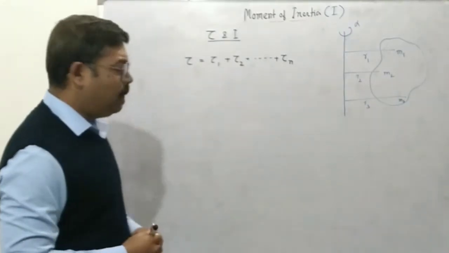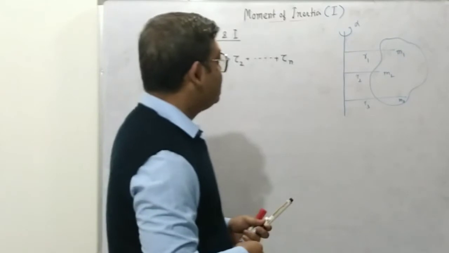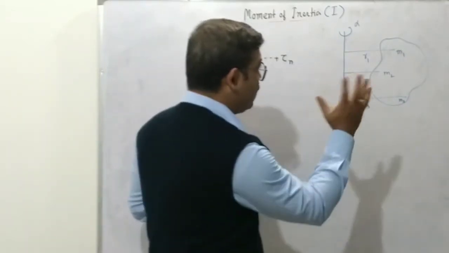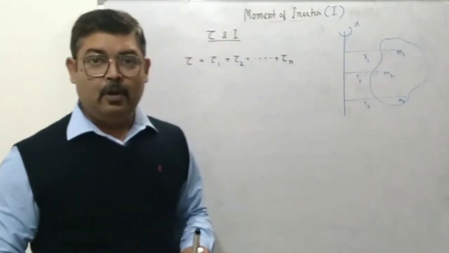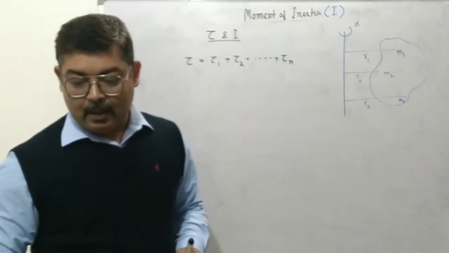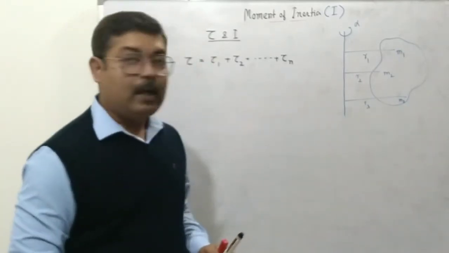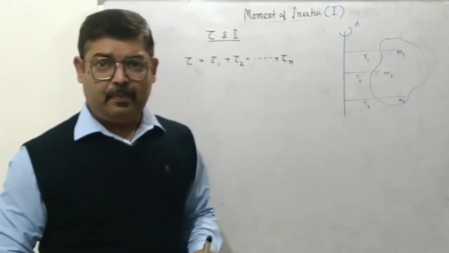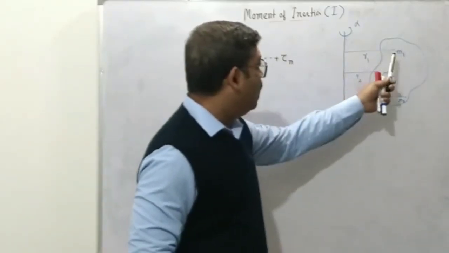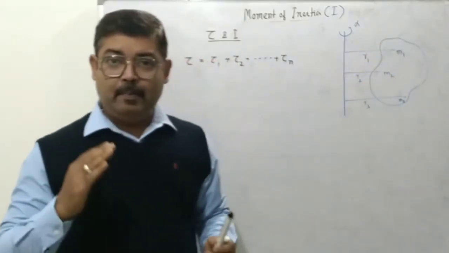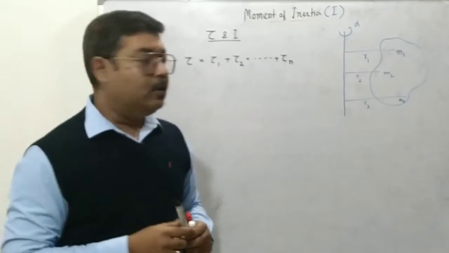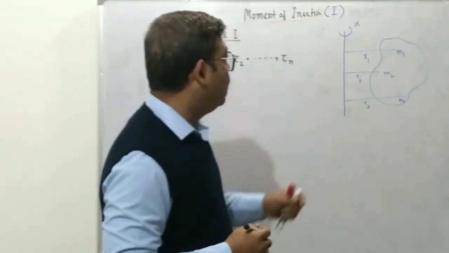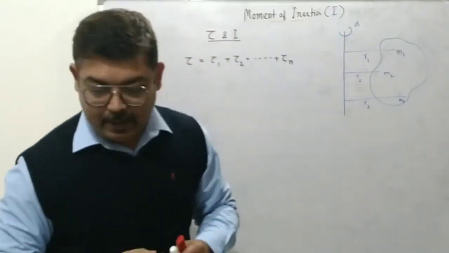Now what we need to note here is that we are saying that the body is moving in a circular path. So when it's moving in a circular path, the direction of the force will be perpendicular to the path, right? Which means the torque will be,